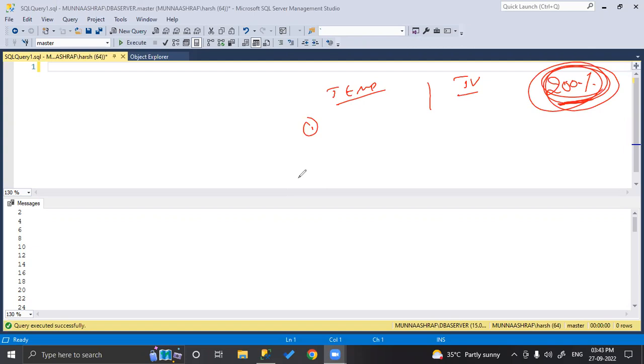When we try to retrieve data from table variable, it has to fetch from two destinations. Done now? Okay.